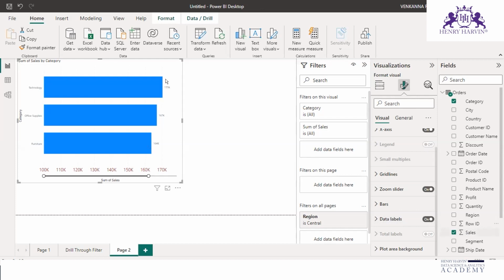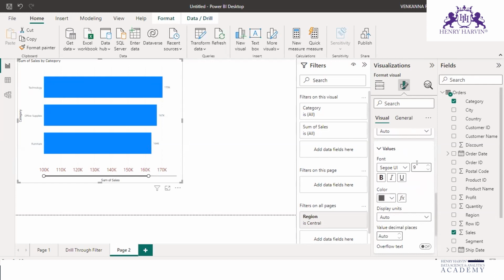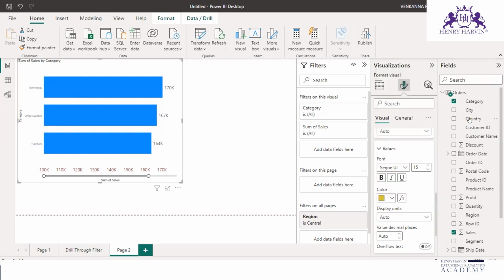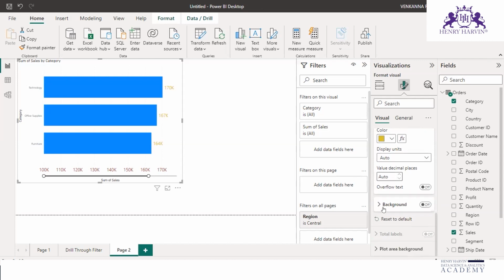Okay. Now are you able to see 170K, 167K, 164K? You can increase the size. Okay, here for the values from 9 to 15, you can increase. Okay, we can also change the color to say yellow. Okay, and display units also we can change as we have seen earlier. Decimal places, if there are decimal places, we can also change them. Okay, now here